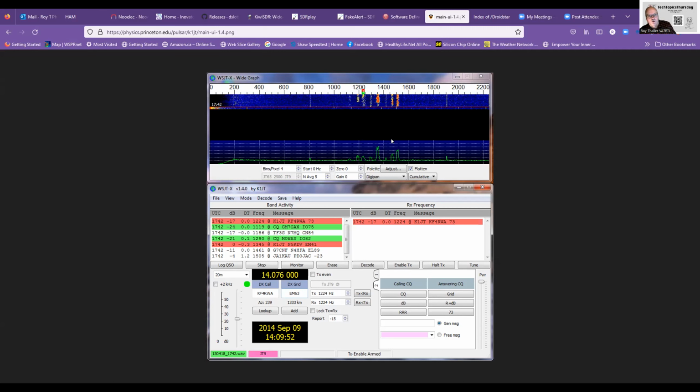What you would normally do is find a spot that's not occupied and set your cursor to that spot. What you get now is a number of signals. The ones that are not colored are out there, but you're not decoding them. The red ones are where some type of conversation is going on, and the green ones are the ones you are actually picking up. So what you get here is the time, your dB level,